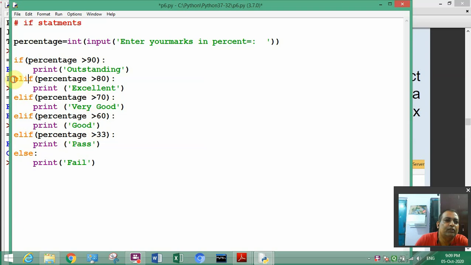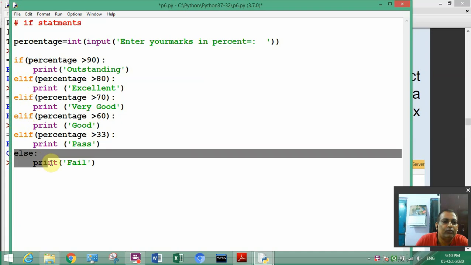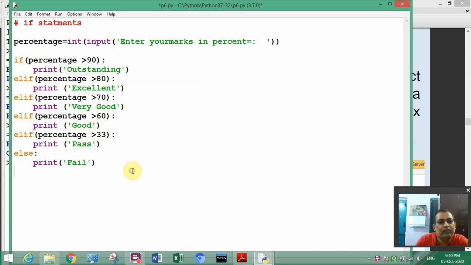Elif is just a combined form of else if. Else if is written as elif in Python, and remember at last you have to write this else. Else means the final or last condition.